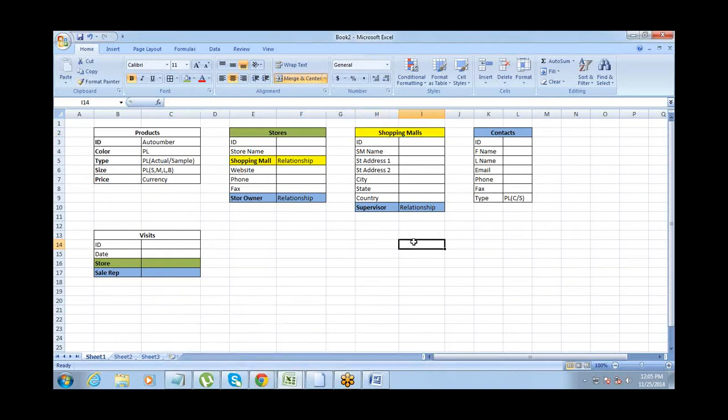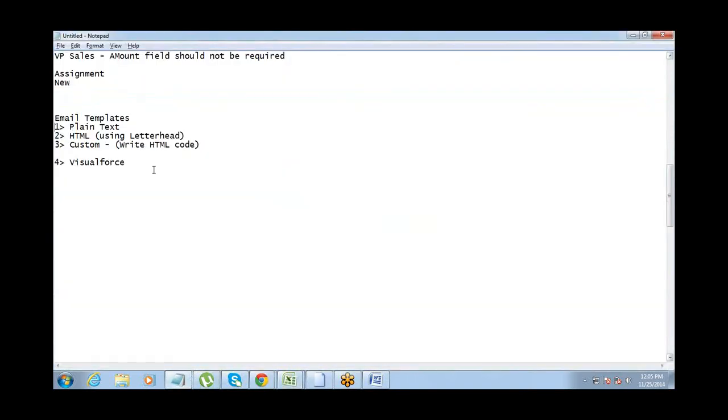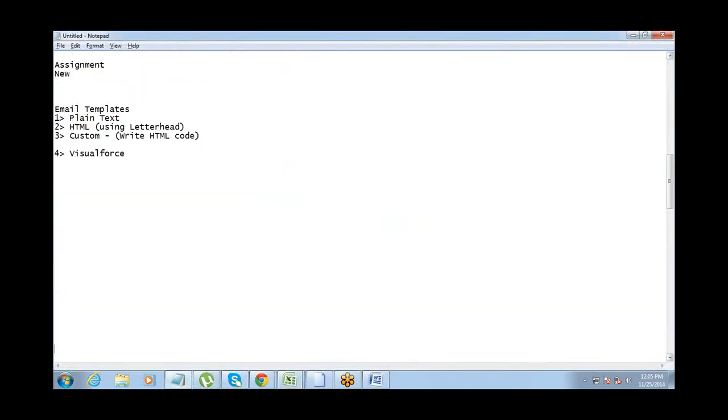Now in Salesforce we have the option of creating a relationship. It's very simple to create a relationship in Salesforce. When we are talking about relationships in Salesforce, you have a parent-child relationship.